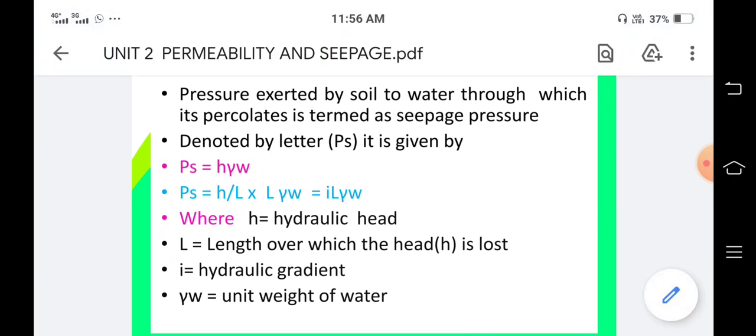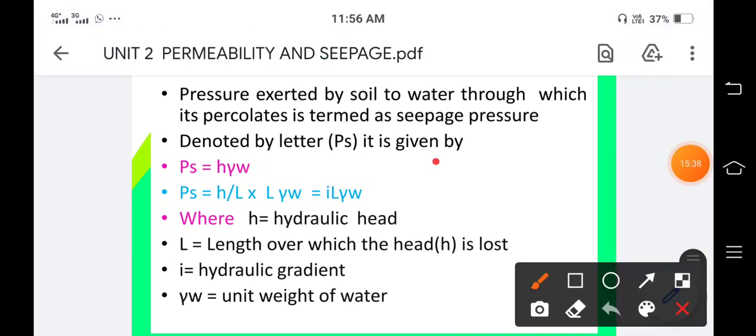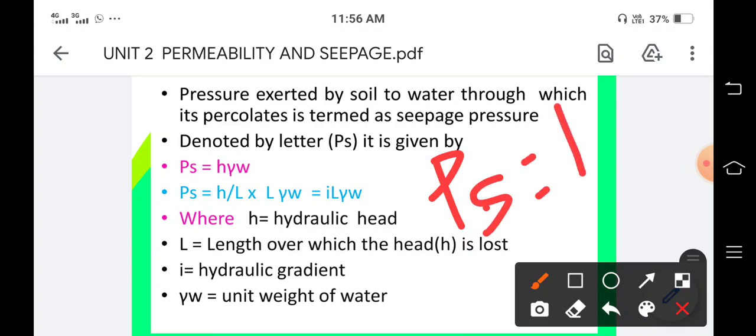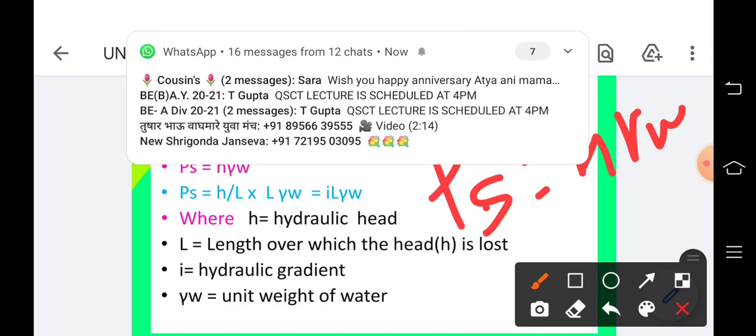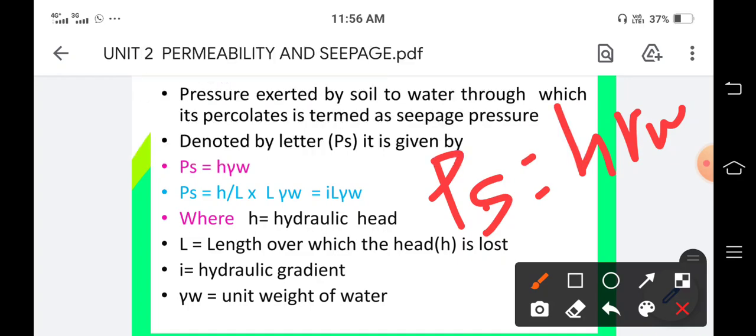PS. As we learned in fluid mechanics, pressure is equal to head into unit weight of the water. So PS equals H into gamma W. Then we are multiplying this term by L. So here we can write PS equals H upon L into L gamma